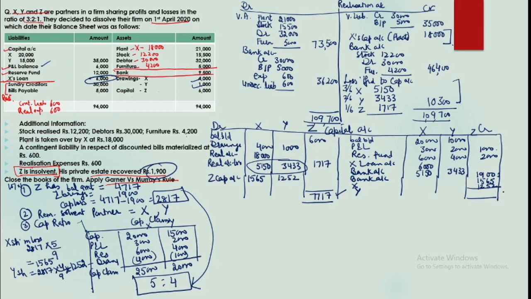Now Z's account is done. His account is complete because whatever he could bring, he brought it. Remaining is his loss, which we have adjusted. Now we will be closing accounts of X and Y. So we will calculate their final balances. So what we are having is here in, okay, so herein for this partner we are getting